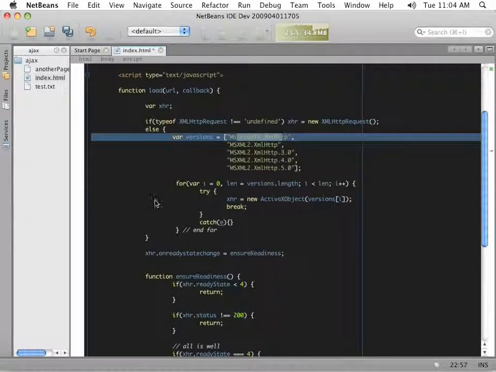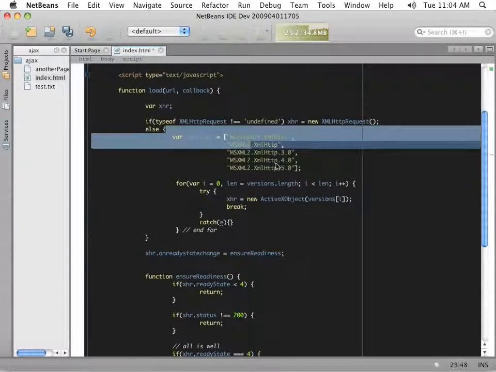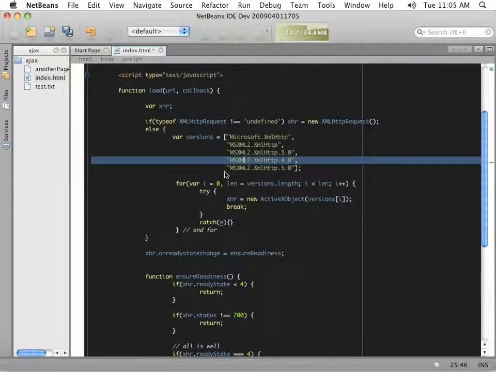i equals 0, length equals versions.length, the total number of items, and we're going to try to set this XHR equal to a new instance of the ActiveXObject, and we're just going to pass in one of these, okay? Now, if there is an error, we know that,